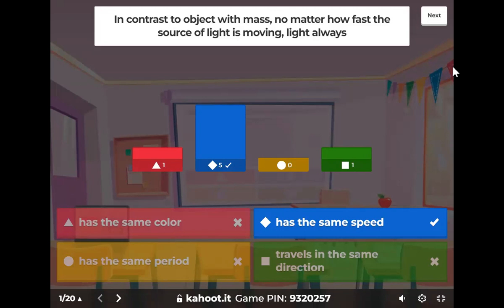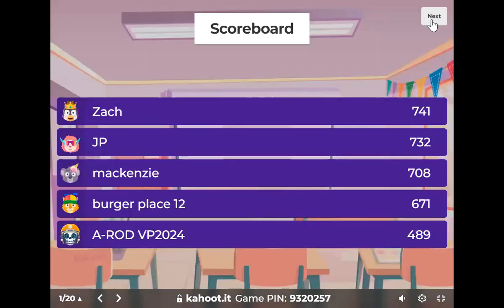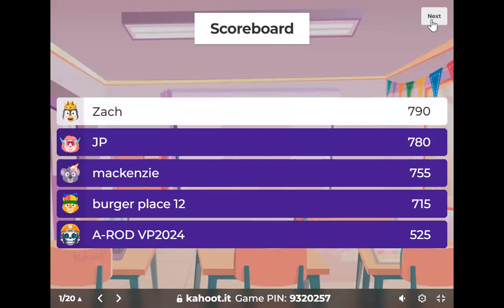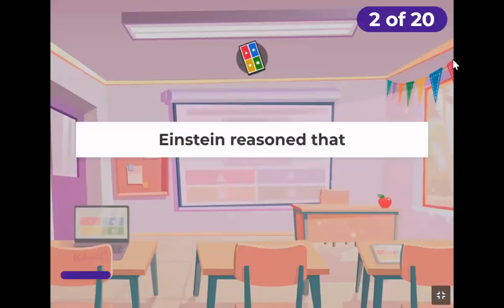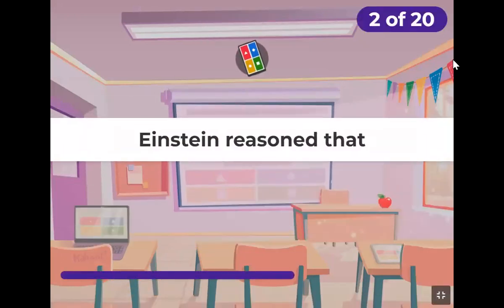But if both those people did a speed of light experiment, measuring the speed of light of the light beams from the truck, they'll get the exact same speed. Remember, Einstein's interpretation of that was that the only way to make that consistent is there has to be a time dilation, among other dilations. All right, we're off to a good start. Points on the board. And number 2, Einstein reasoned that